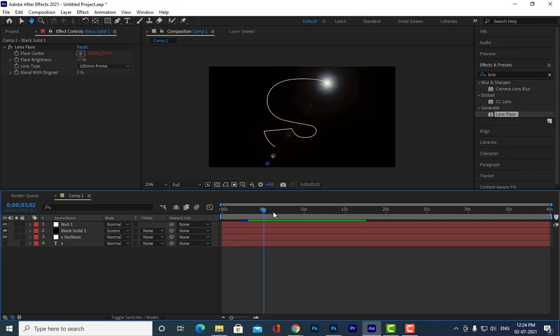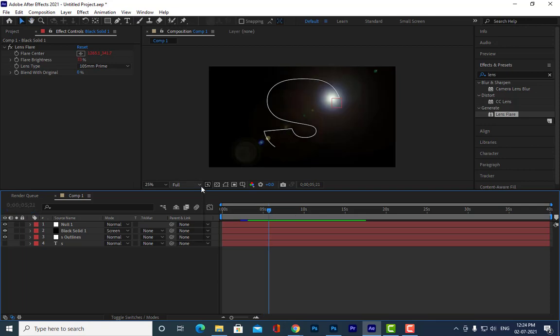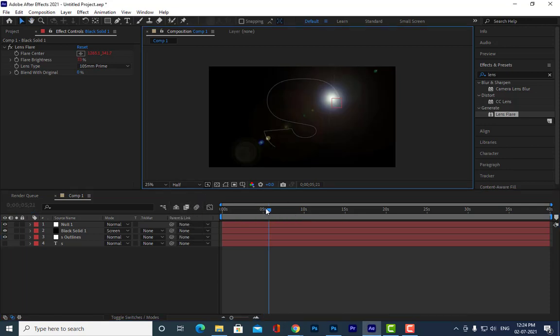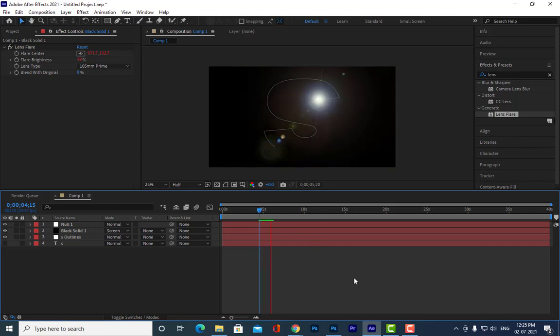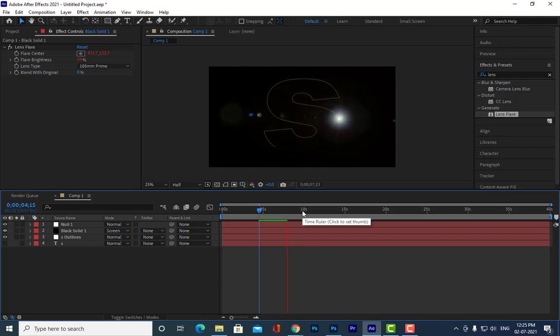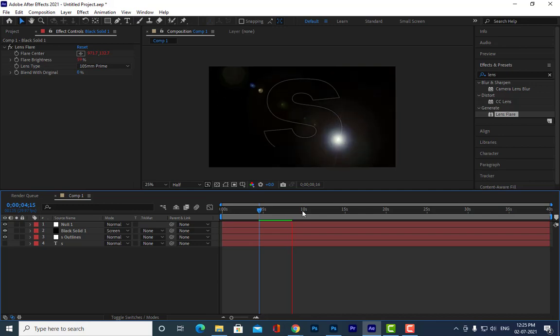Then we can do one more interesting thing. Let us work in half mode here, because the system is slowing down. The system is getting stuck actually. You can actually do this for the entire word.